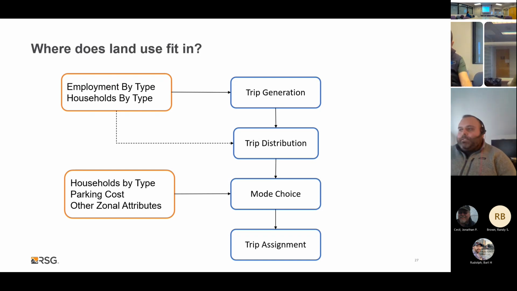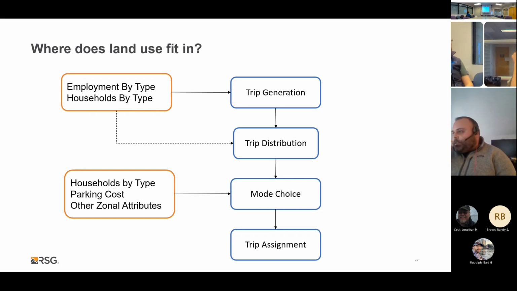And then trip distribution determines where the produced trips will be attracted and may be based on the spatial distribution of households and employment. Typically, household and employment forecasts affect trip distribution indirectly through trip generation. So in trip generation, we are creating the trip ends that are being produced and attracted, and that loosely relates to the underlying trip distribution. If you have a lot of productions and attractions in one area of your region, that's naturally going to draw more trips into it when they're distributed.